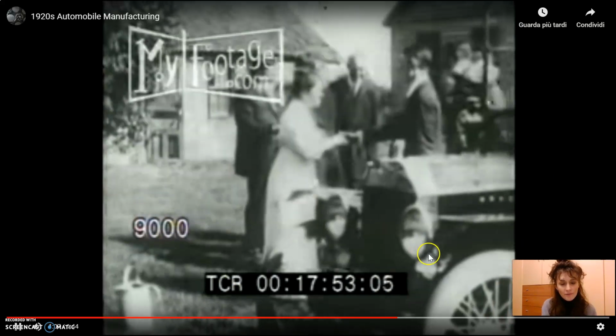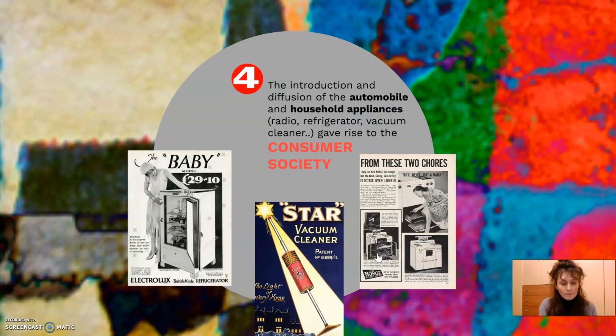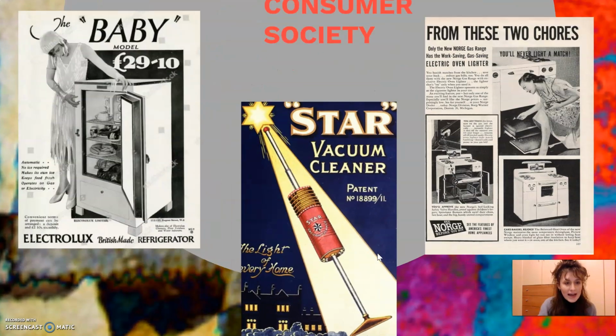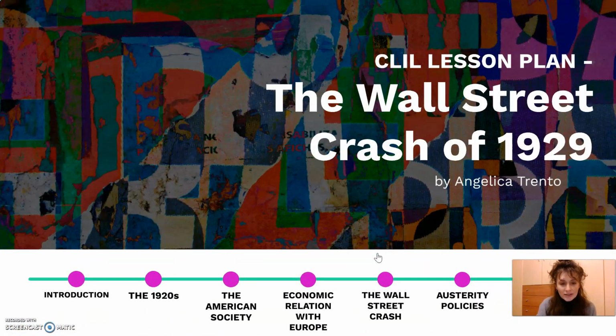And these were factories in the 1920s. Okay, number 4, the introduction and diffusion of the automobile and household appliances gave rise to the consumer society. So we have ads of a refrigerator, vacuum cleaner and